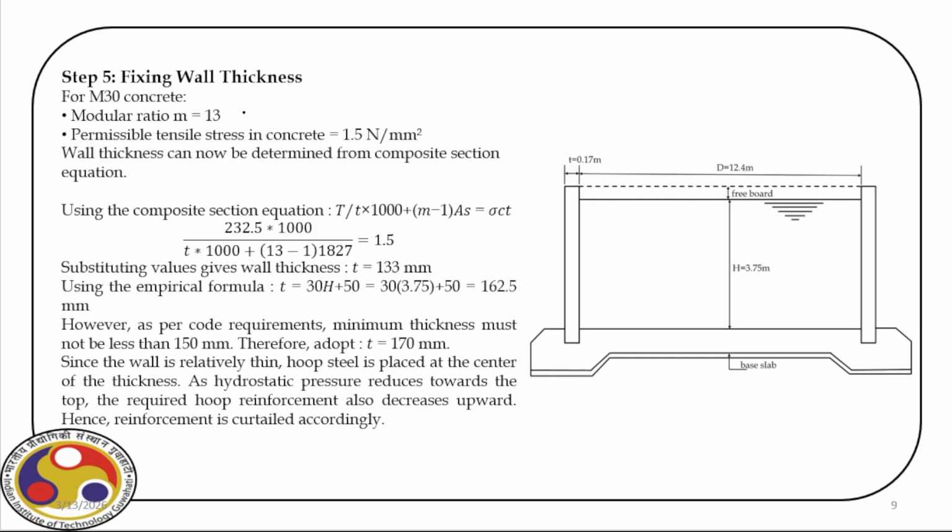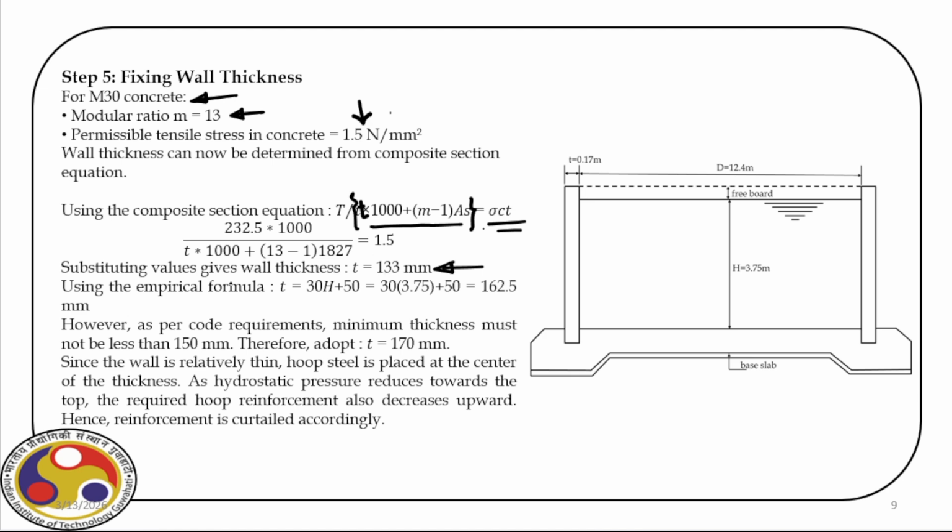Then comes the wall thickness. For that, we have M30 concrete, the modular ratio is 13, and the permissible tensile stress of concrete is 1.5 Newton per millimeter square. So, we first find out the equivalent composite section. Recall this expression. So, this is the equivalent concrete area. So, T by equivalent concrete area is equal to sigma CT, which is 1.5. So, from this expression, we get T as